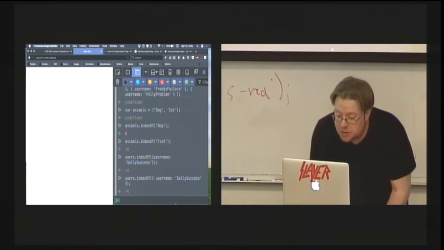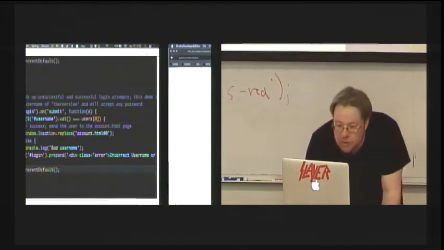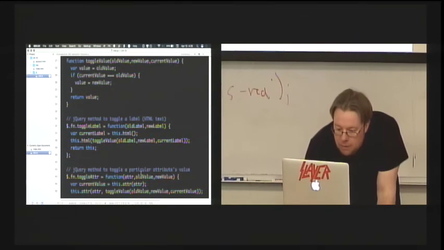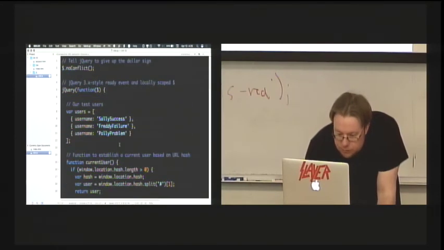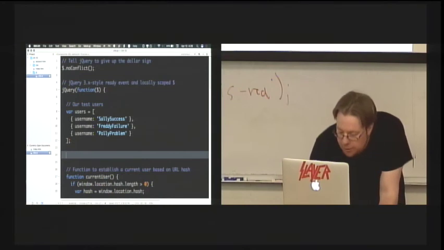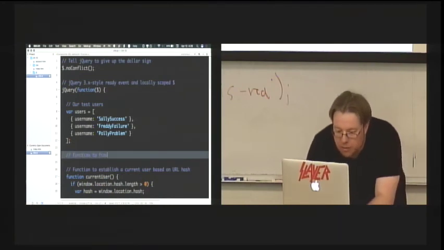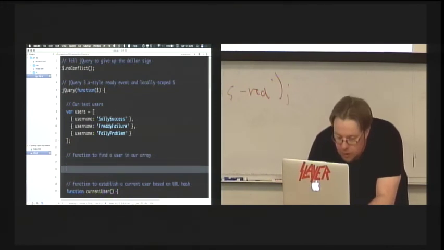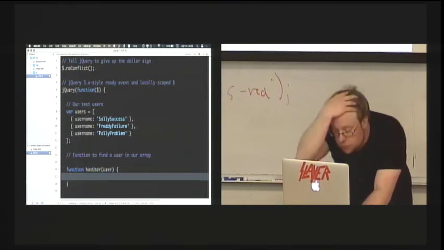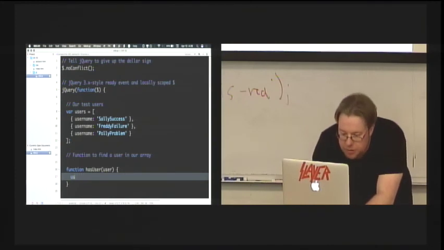And I'm going to write this in the console because I've got 5 minutes left and I'm afraid it's not going to work. Well, let's do it. I'll just paste it over. Okay. And I'm going to call this function find a user in our array. So I'm going to do function hasUser, okay, and I'm going to do return